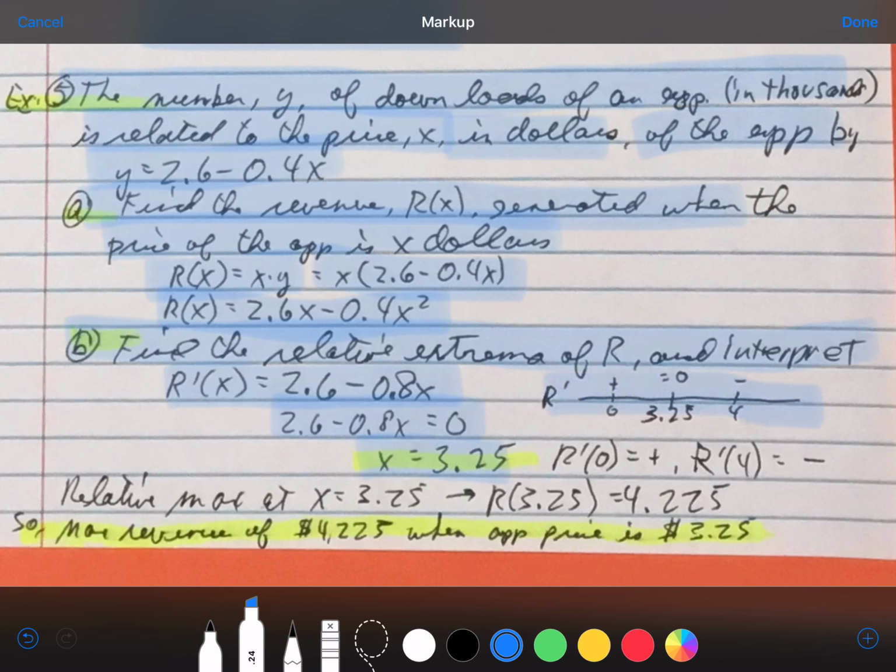Here's our test strip. I chose values on the left and right of 3.25. I chose 0 and 4. Plug that into r prime of 0 would give us a positive value, right? Just 2.6 actually. R prime of 4, plug that into our derivative, and that will give you a negative value. You can double check that calculation. 4 times 0.8 is 3.2. Subtract, and that would give us a negative value. So we're increasing on the interval from 0 to 3.25. We're decreasing on the interval from 3.25 to infinity,